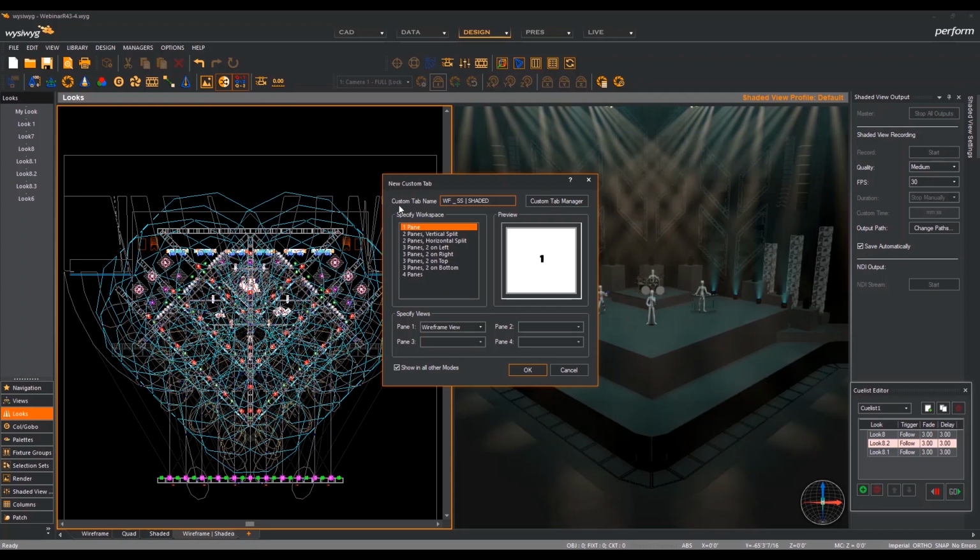shaded. And this time I will go with a 3-pane, which has the horizontal on the left and the large shaded on the right. And I'll set this one to be wireframe, number 2 to be spreadsheet, and number 3 is the shaded view. And by keeping this checkbox enabled, it will be created in all 3 modes. So I'll click OK here,